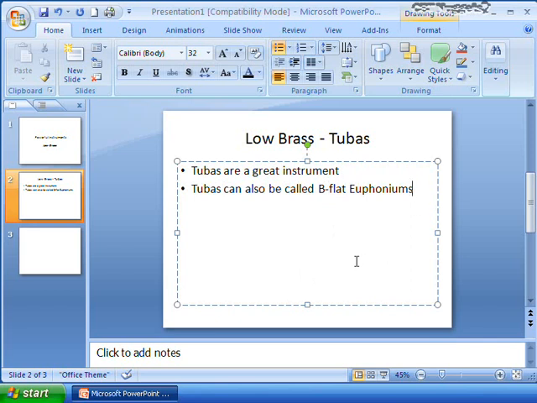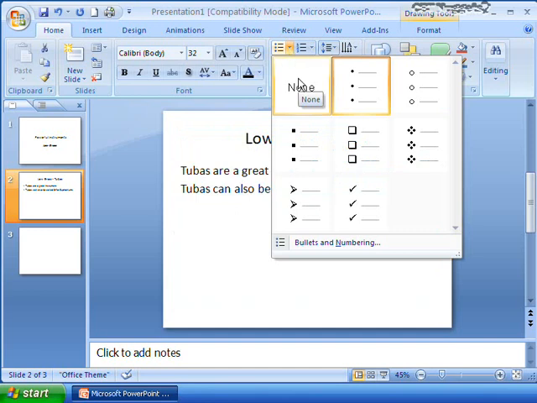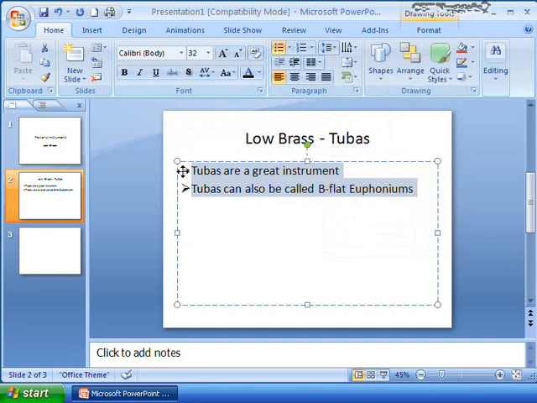So now what I've done is I've literally come in and created the bullets. Now, if I want to get rid of the bullets, what do I need to do? Well, again, if you notice, the bullets are highlighted. If I select the text and use this and say, well, I don't want any bullets, it'll show you that you can take away the bullets. Or I can change the different types of bullets that are there. So if I want to, I can then change the text. And now the bullets are the little arrows. So you can see rather quickly, this is how we go in, and this is how we create the text